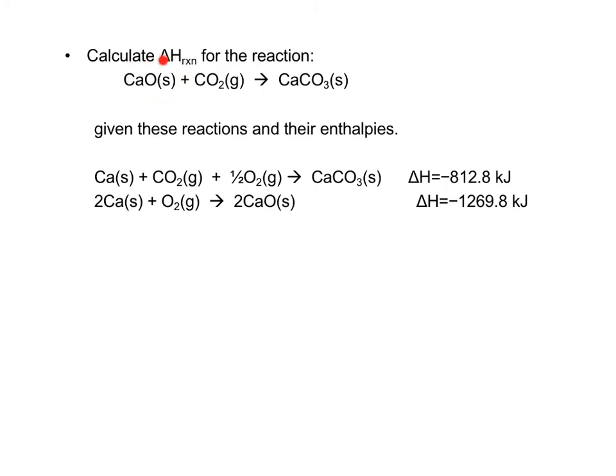And so I'm going to look for calcium oxide solid in my reactions down here. And so, right, that compound is not in the first reaction, but here it is in the second one, right? But when I compare that to this reaction, it's on the wrong side, and there's too many of them, right? So it's on the products here, and here it's on the reactants, and there's two of them,